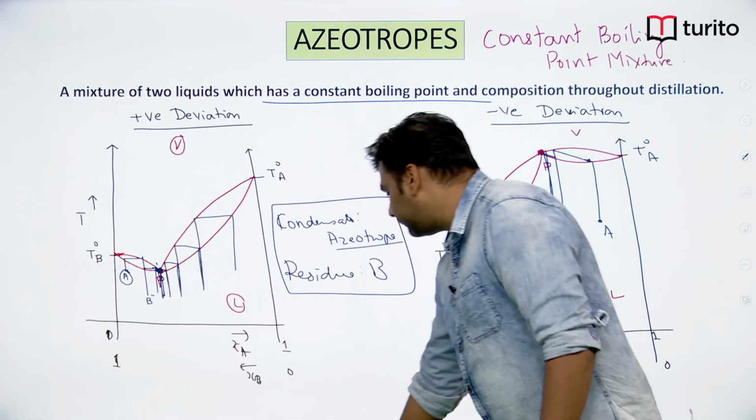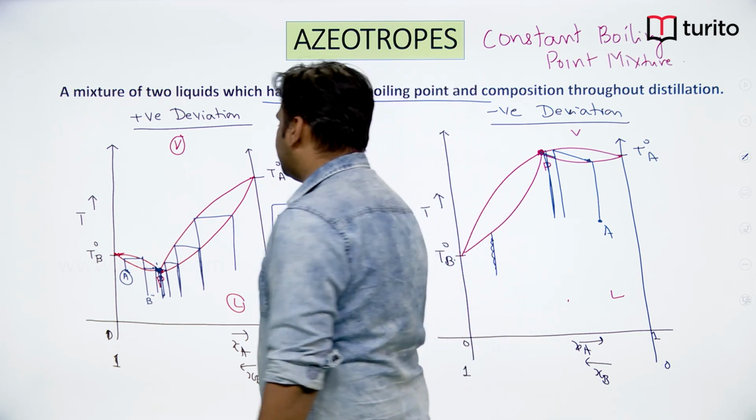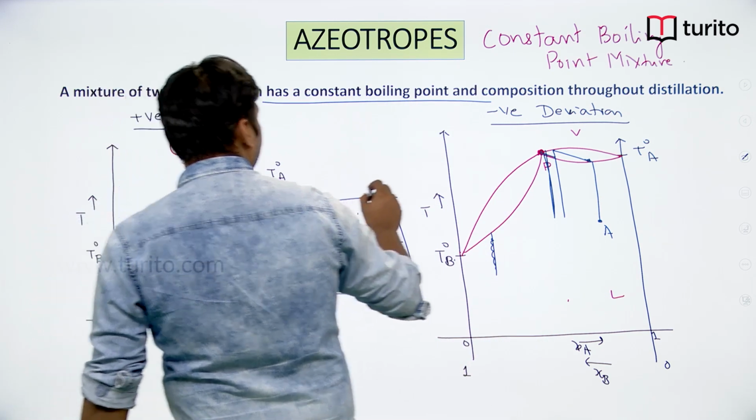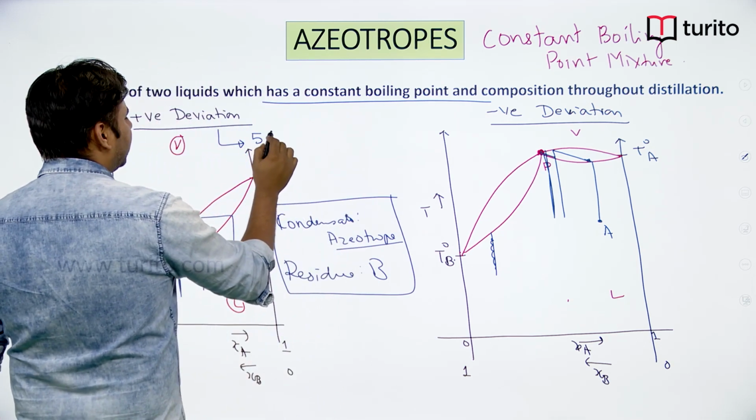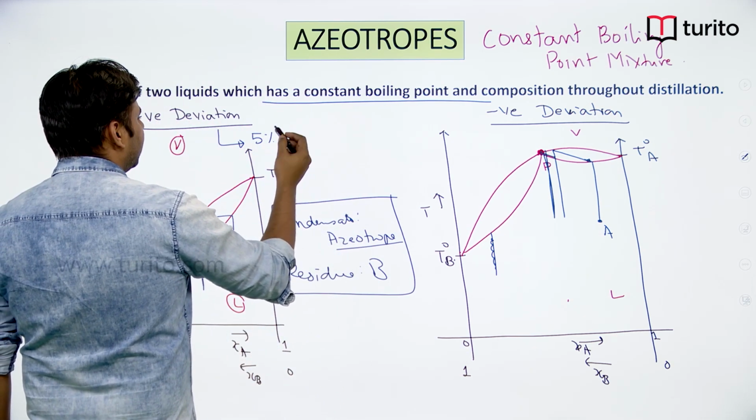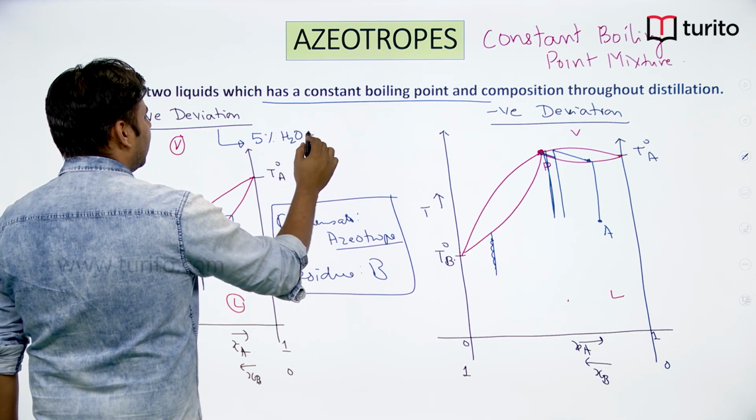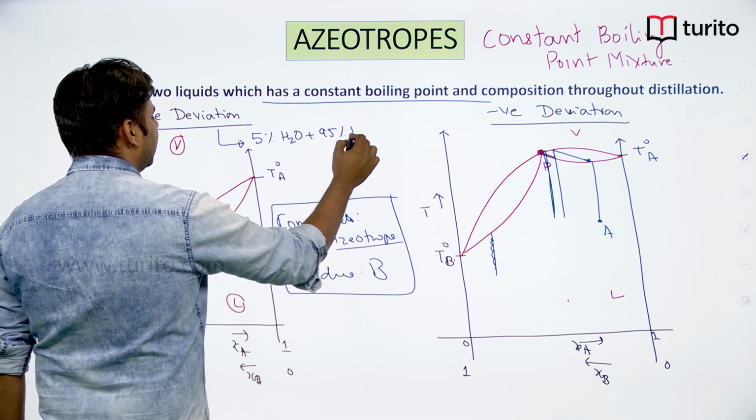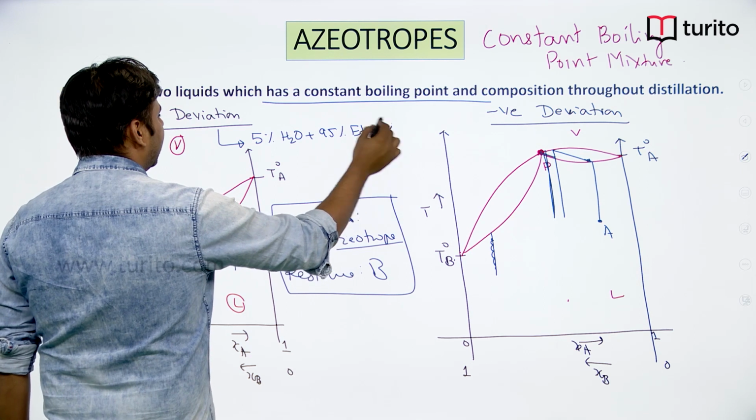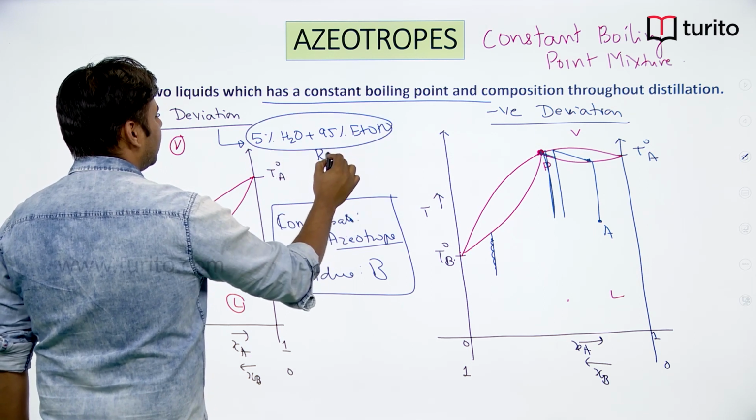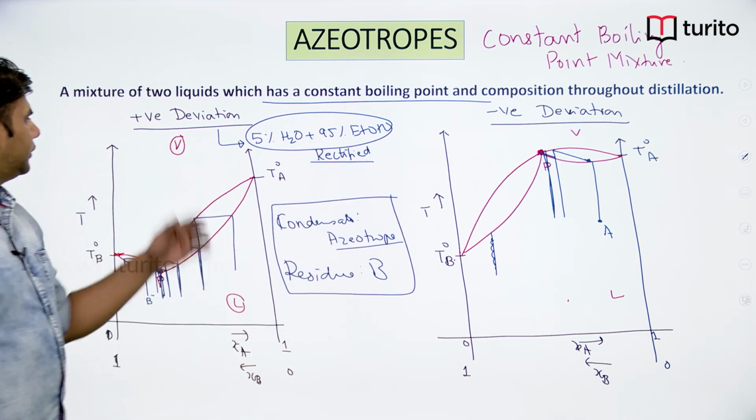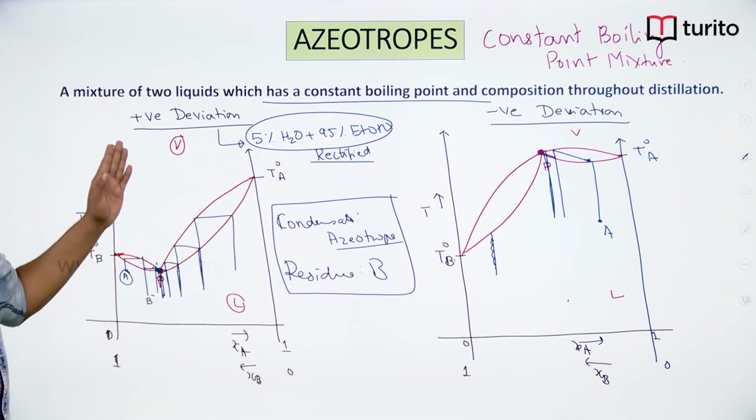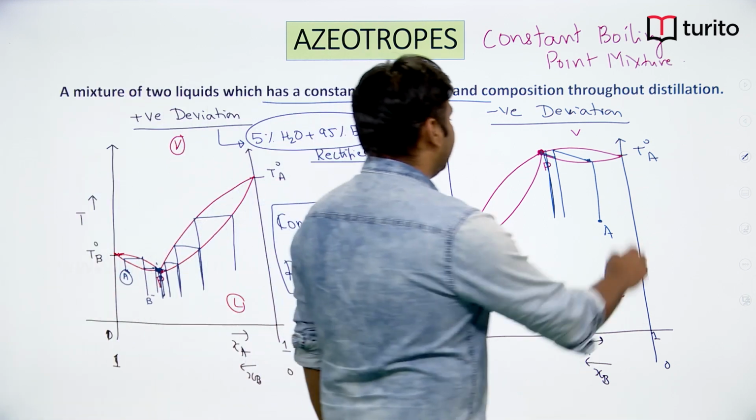A common example for a positive deviation azeotrope is 5% by mass water plus 95% ethanol. So this is also called rectified spirit. So this is the example of a positive deviation solution. So this is also showing an azeotropic point at 5% by mass water and 95% by mass ethanol. For negative deviation,